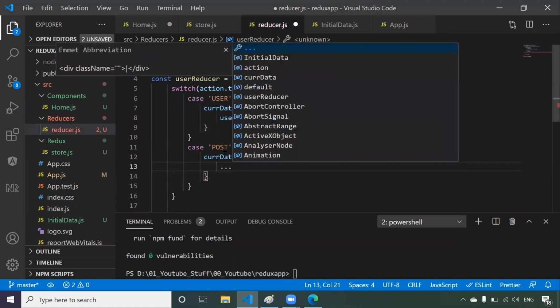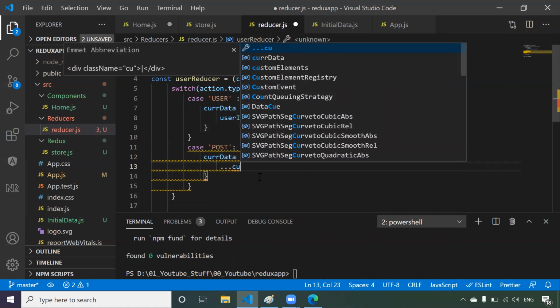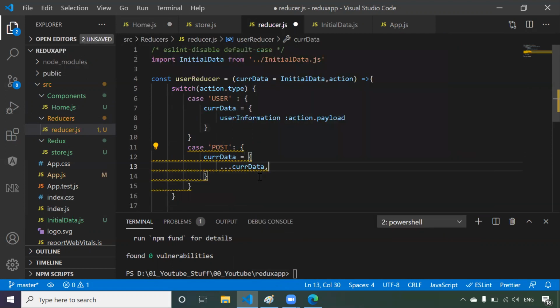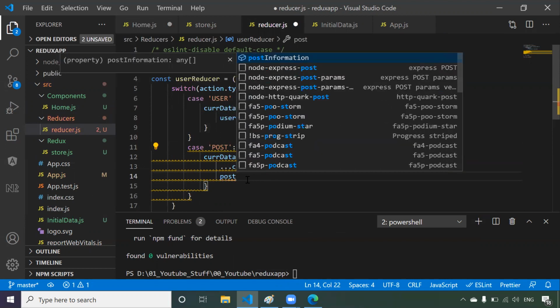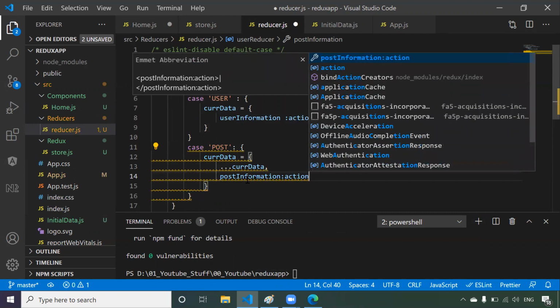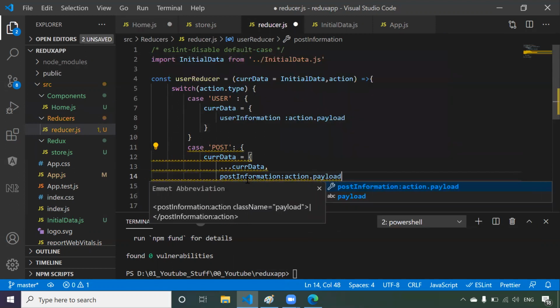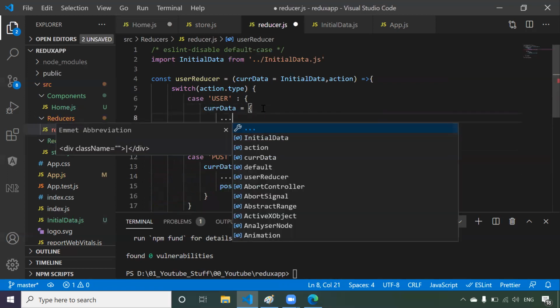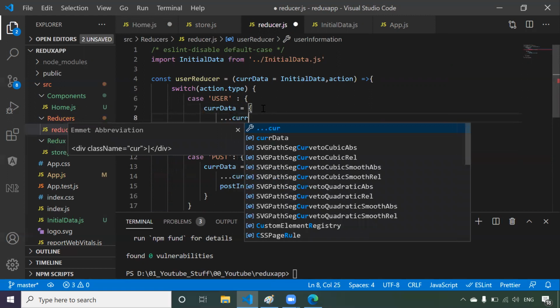We want the complete current data, comma, then we will say post information should be the response, I mean action dot payload. In the same way here also we will say something like this. I hope you guys know about the spread operator.